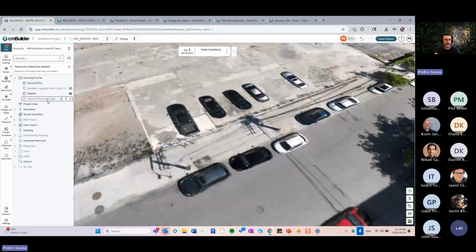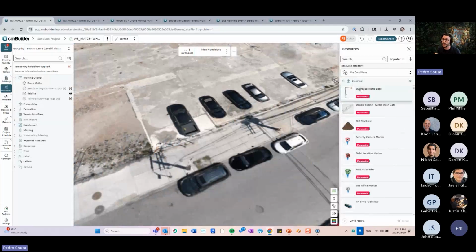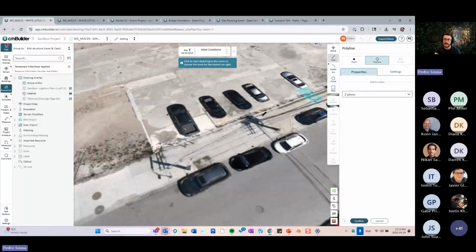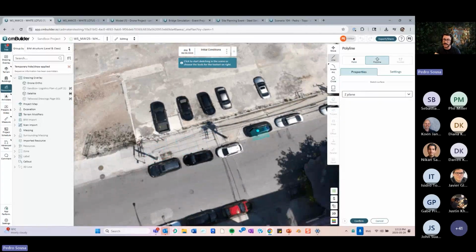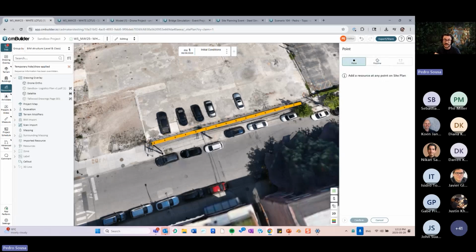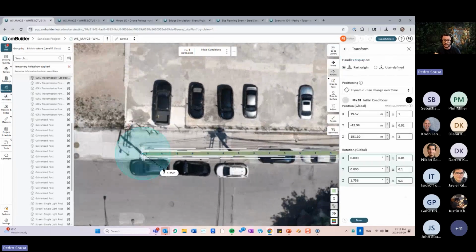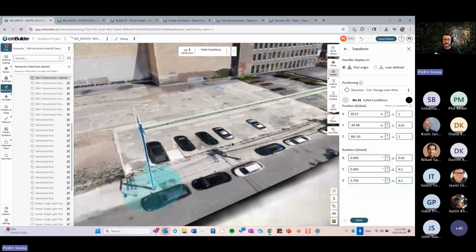So for example, if I go over here in electrical, I can put in a power line. I can draw this as a line, but drawing this as a line won't allow me to define exactly where each pole is. So I prefer to put this as a point. So I can go over here and say, I know that there's a 3D shape over there that is this power line. So I can go in and rotate it to align with the others,